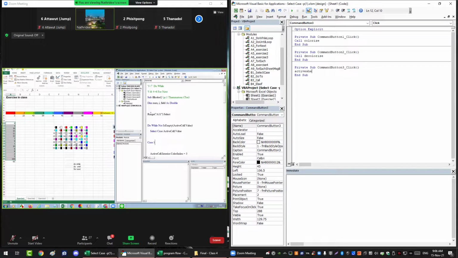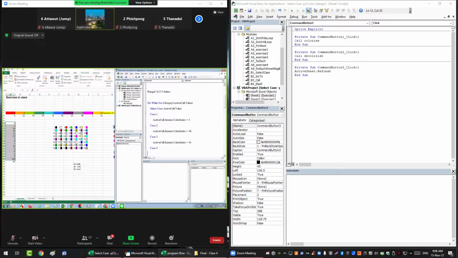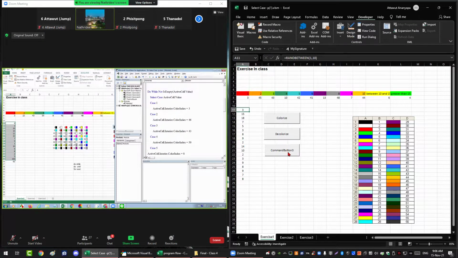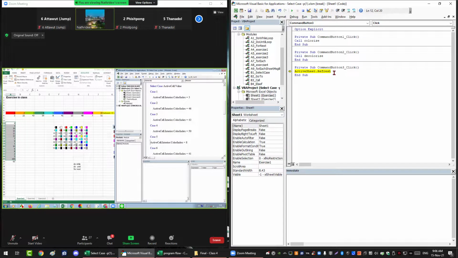That way, if it's case 1, then okay. If it's case 2, then if it's case 3, then if it's case 4, then case 5, then case 6, then